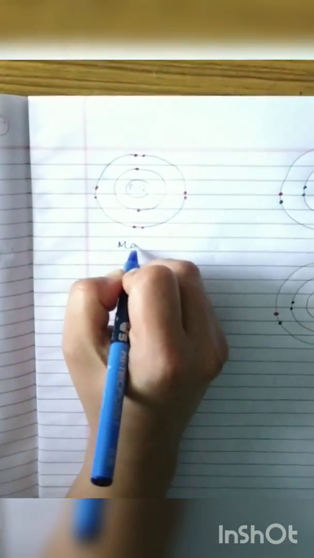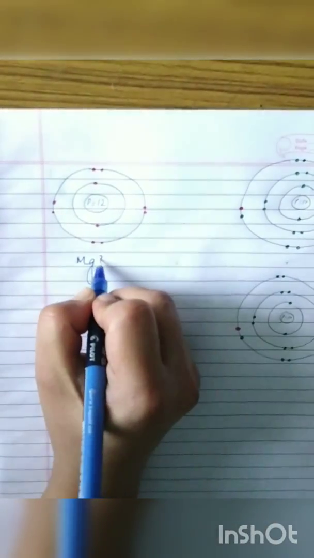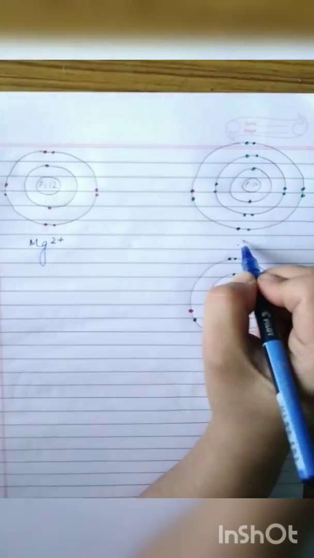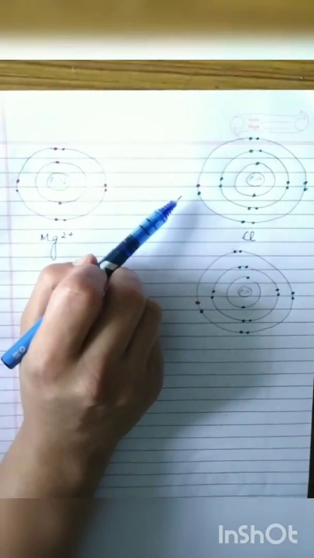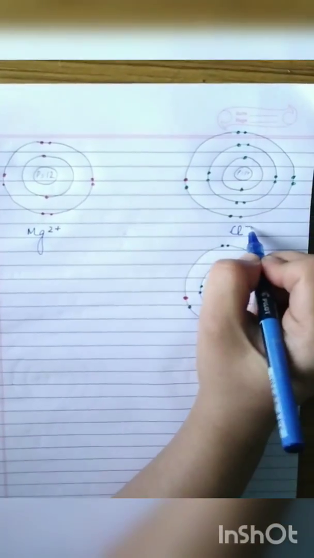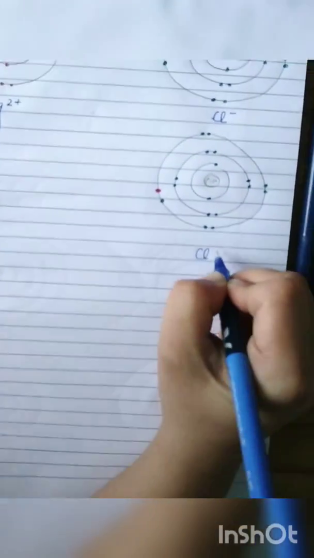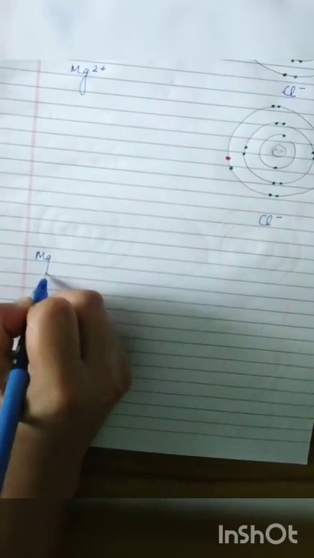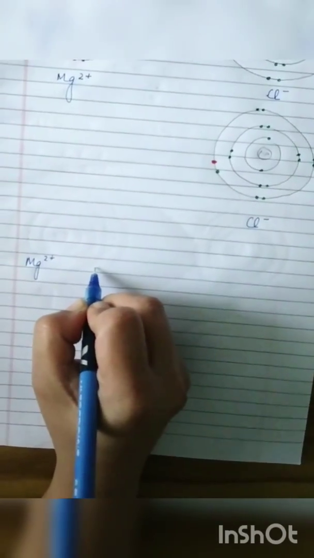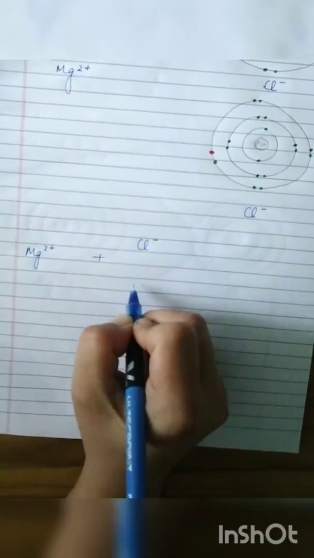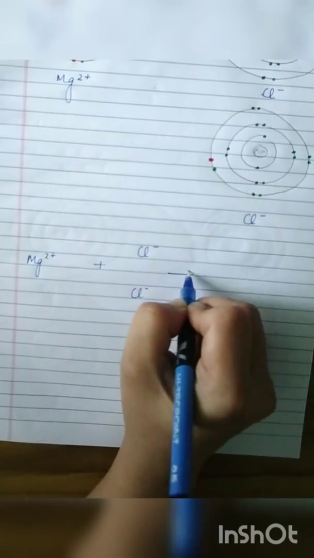Now this is no longer an atom but an ion of magnesium. And how many electrons did it give away? 1, 2. So 2 positive charges. This chlorine atom, how many negative charges will it have? Only 1, because it received only 1 electron. Similarly, this chlorine ion also received only 1 electron, so it has one negative charge. So the last step, the magnesium ion now reacts with the two chlorine ions to form